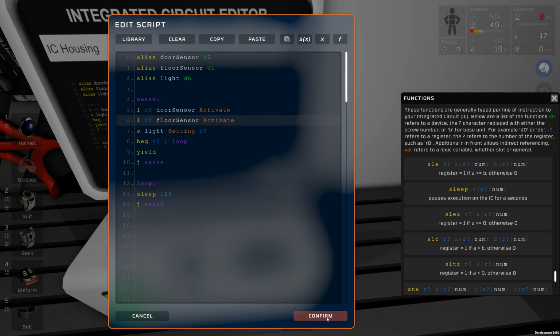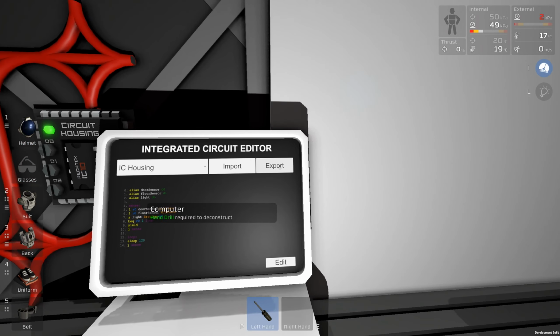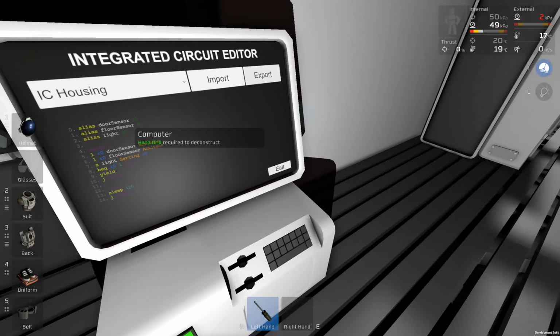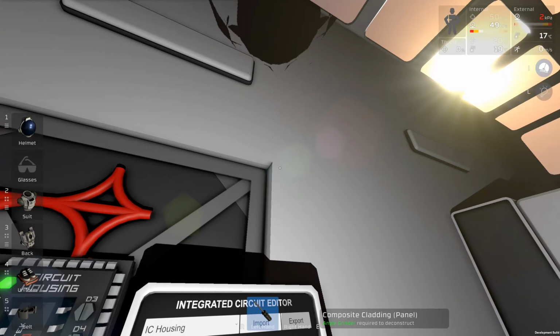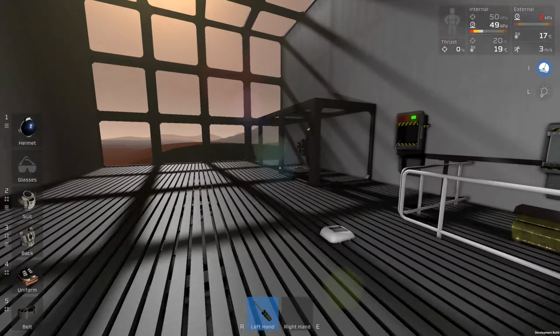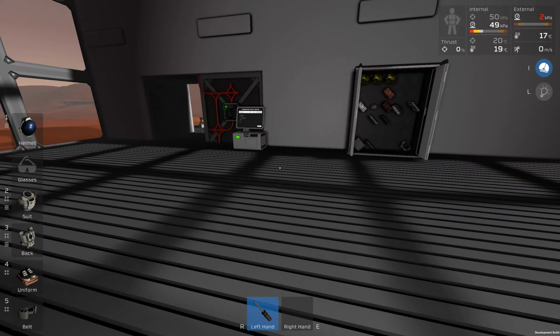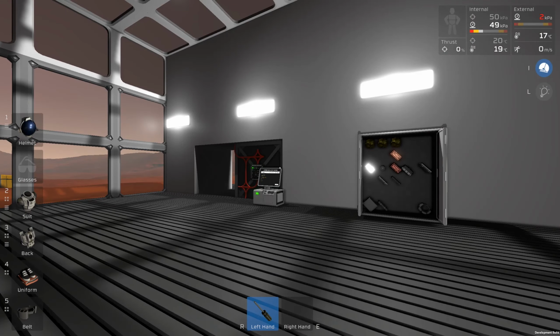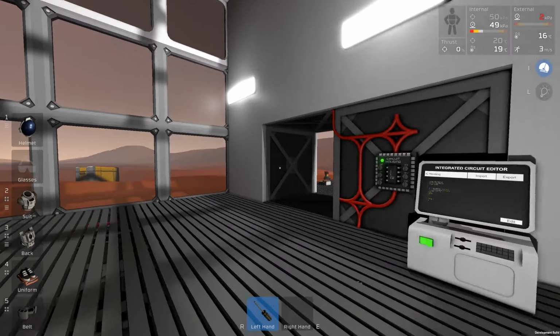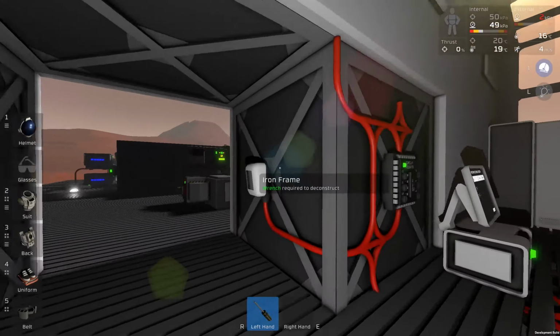So at some point the R0 will, if I just export this, and then let's just change this back to something small so you can see the change. So let's just say 5 seconds. Export. So lights are off. If I go over here, lights should turn on, hopefully. Whoops, if I stand in the right spot, they'll turn on. And they will turn back off again in a few seconds, hopefully. Yeah, and if I go here,